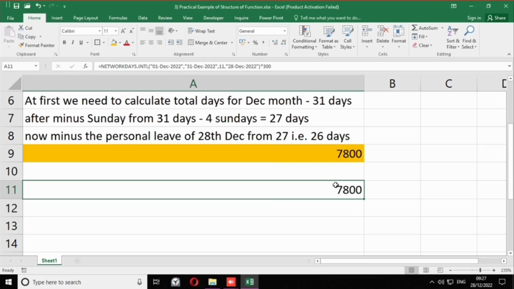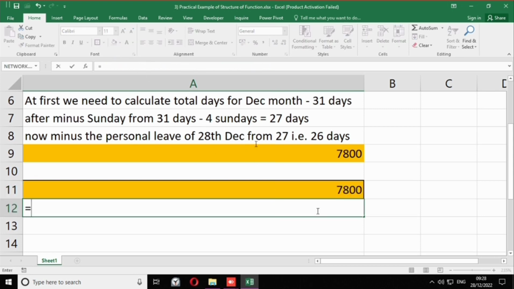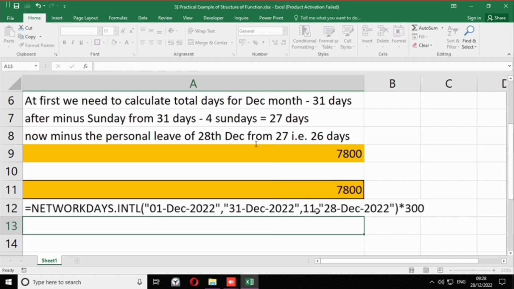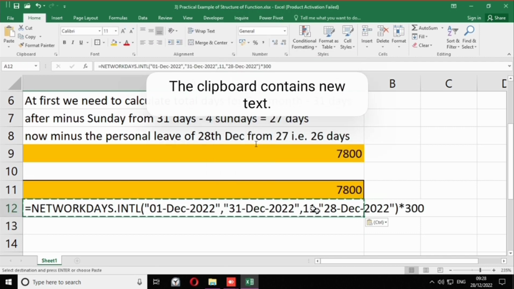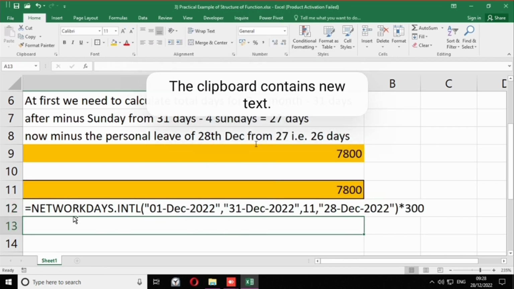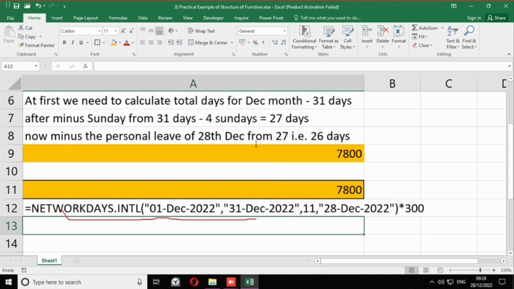So this is how you can simply develop all these things. For your knowledge and practice purposes, I have typed this function below here. You can practice at your home or at your office and draft such functions.